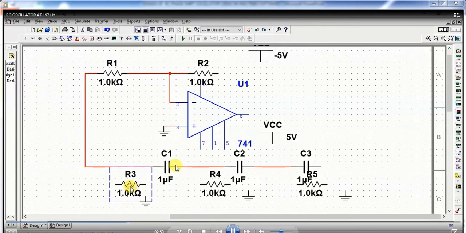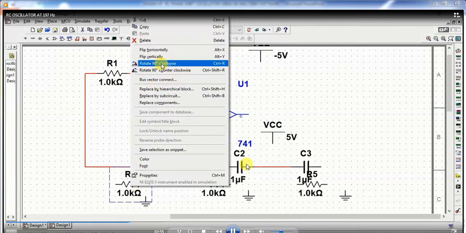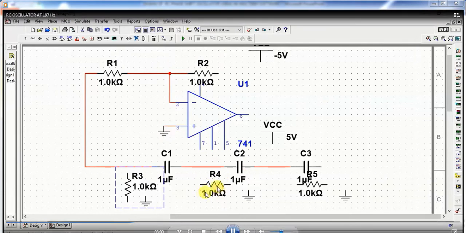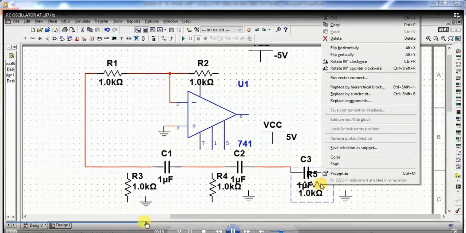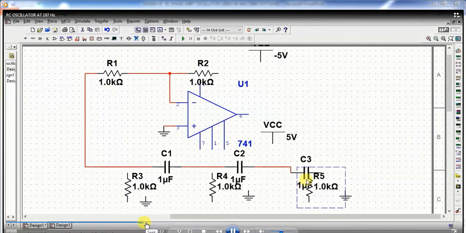Connect the capacitors C1, C2 and C3 like this. Rotate this resistor also, and then connect the components. Again rotate it and connect it.